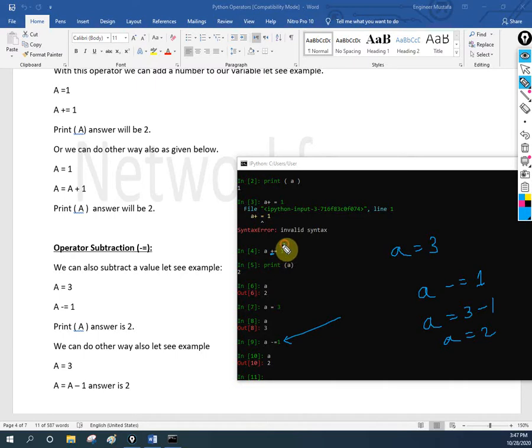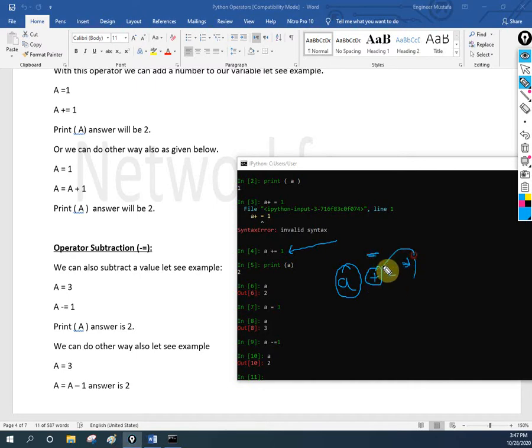If we have plus, you will add this 1. If you have minus here, you will subtract this 1, whatever you have. Example, if you have a plus is equal to 3, then whatever a value, you will add that value. This 3 you will add. So if you have a is equal to 1, 1 plus 3 is equal to 4. This is a separate example. Here, same thing we are writing a space plus is equal to 1. So whatever a value is there, you need to look at this operator. If you have plus, add this value. If you have minus here, subtract this value. Okay, that's all for this one.